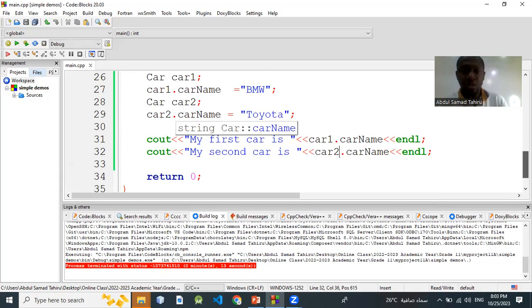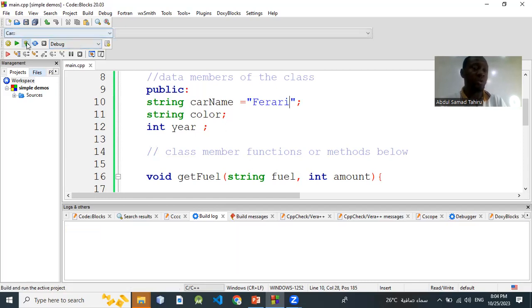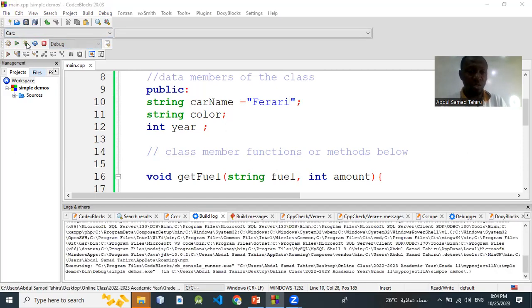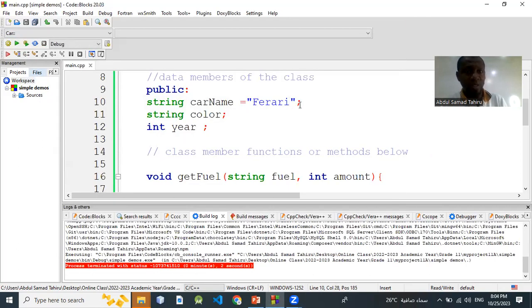So now we have seen the members. These members, we cannot directly assign a value to them in the class, just like this. We say, okay, car name is equal to maybe Ferrari. When you do this and try to run it, it's going to be an error. Though we didn't get an error, and it doesn't make sense for you to assign a value here because each